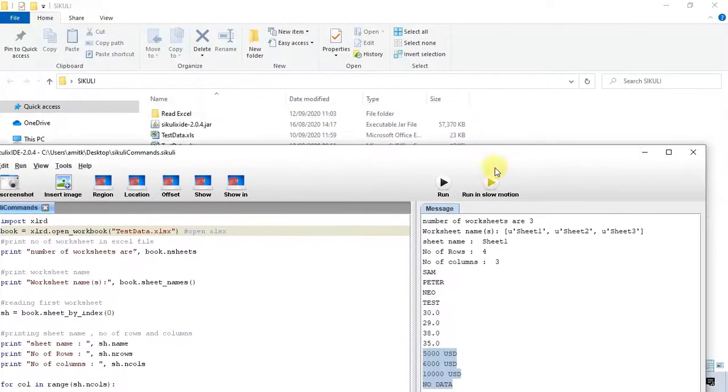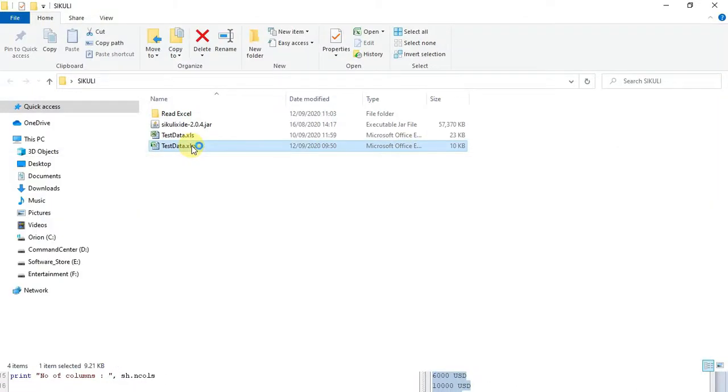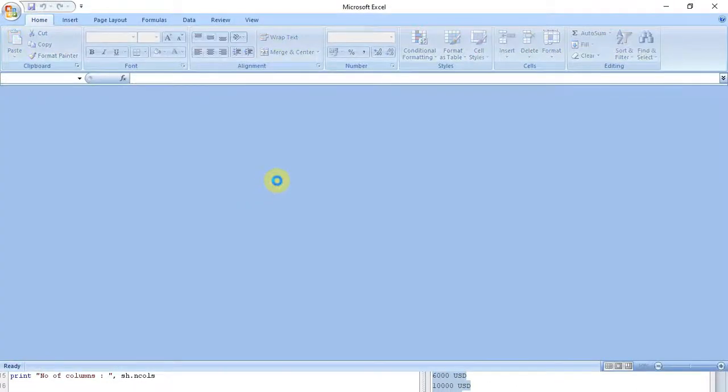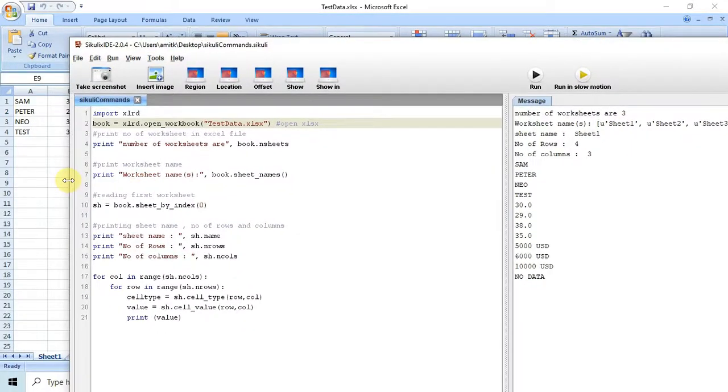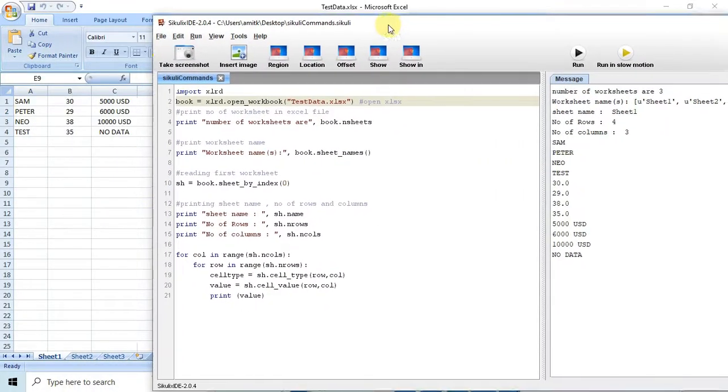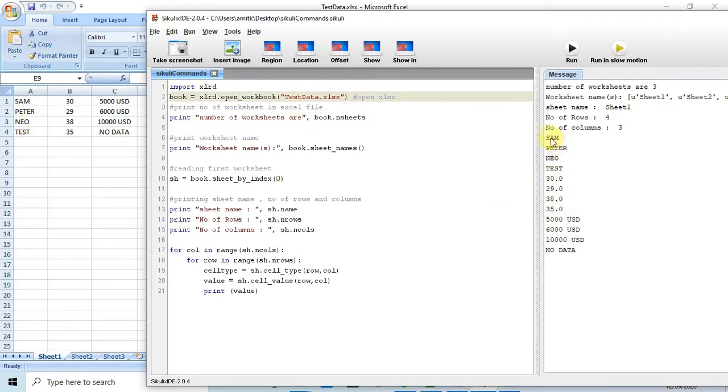And I will show you the XLSX file as well. You can see the first column data is Sam, Peter, Neo, and test. Then the B column has some values: 30, 29, 38, 35. And then the C column has some values: 5,000 USD, 6,000 USD, 10,000 USD, and after that no data.